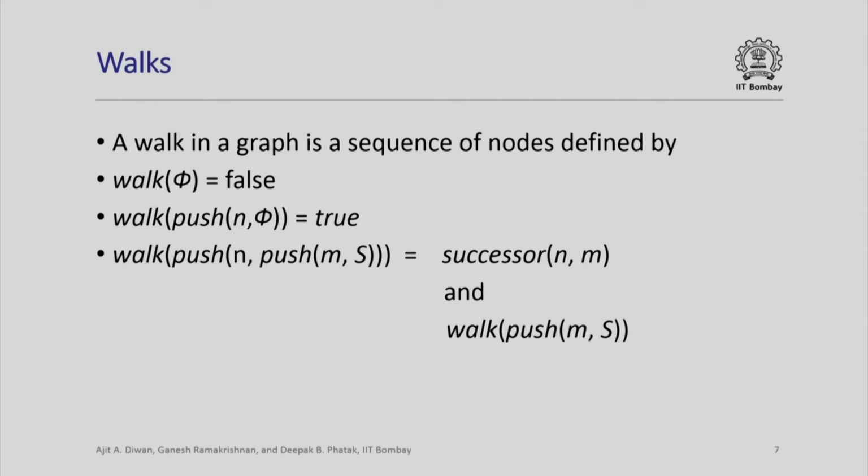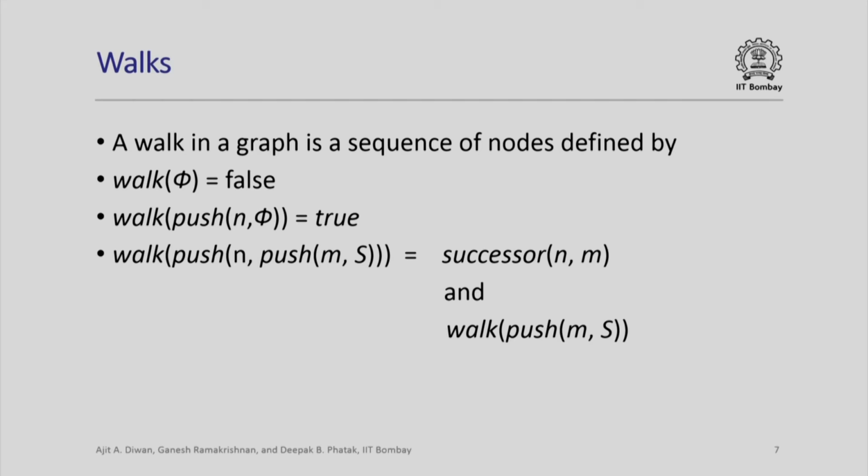So, there are some standard terms used in a graph which we will define here. A walk in a graph. So, walk is essentially motivated by some of the examples that we have seen. So, if for example, we have a graph of direct flights from city i to city j, where an edge represents a flight from city i to city j, and we want to go from some city x to some city y. Now, there may not be a direct flight from x to y, but then how do you go from x to y? So, for problems like this, we define these terms like walk and, as we will see, paths and cycles. So, what is a walk?